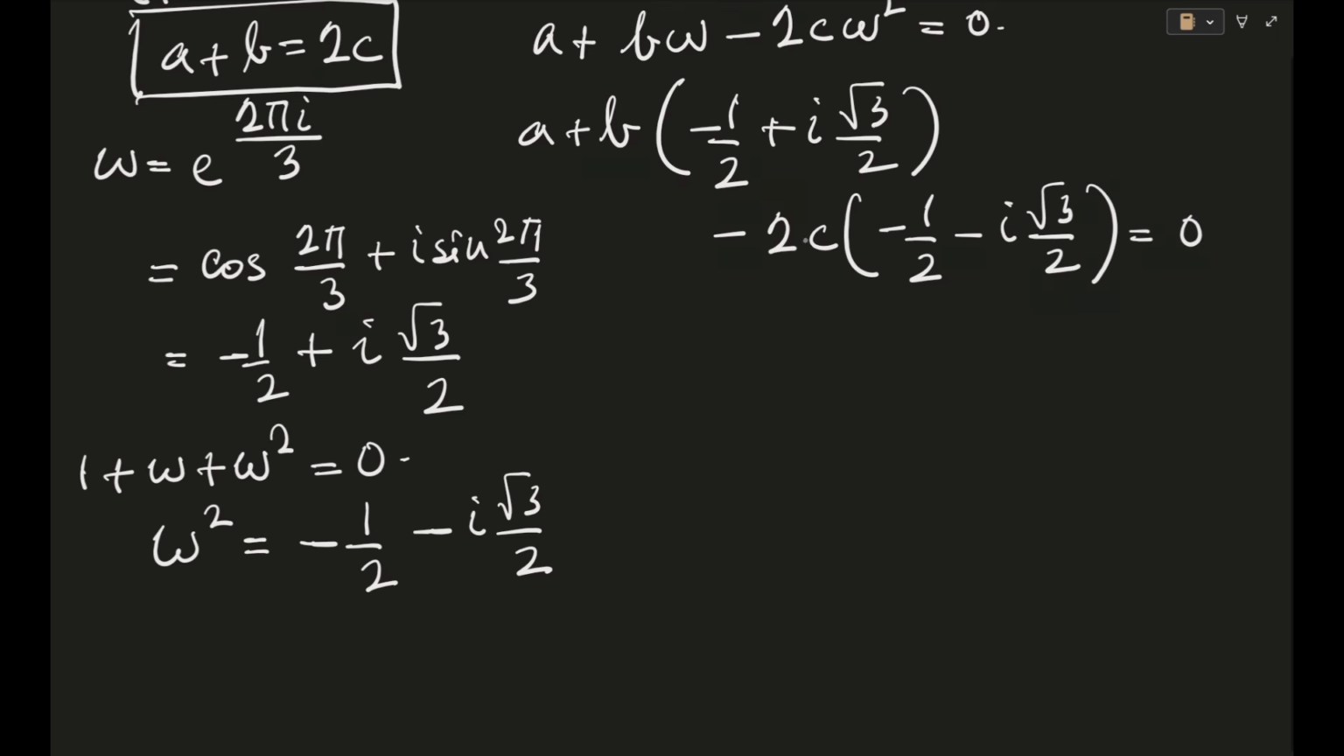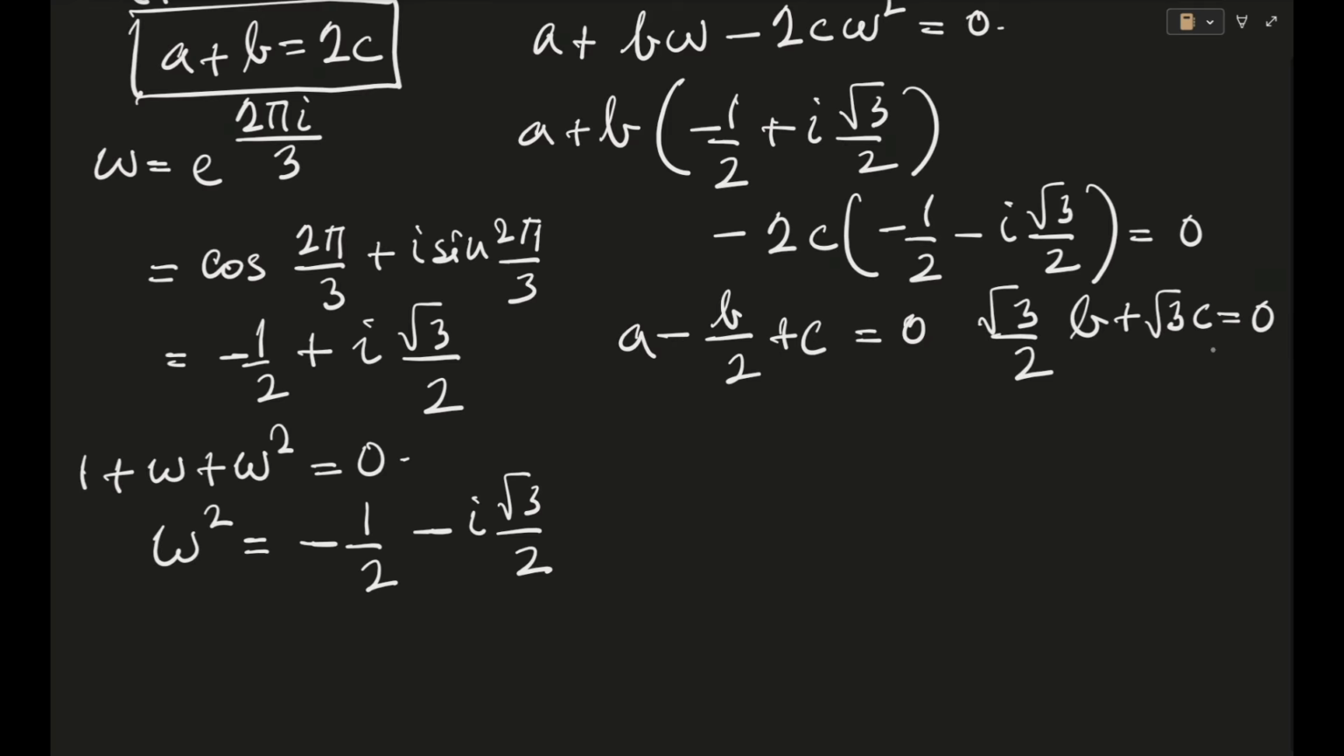From here, if you segregate the real and the imaginary parts, you will get one equation as a minus b by 2 plus c equal to 0. I guess this is for the real one, and the other equation will be root 3 by 2 b plus root 3 c equal to 0. Just take the imaginary and real parts into separate brackets and it's done. So from here you will get b equal to 2 times a plus c. So if b is equal to 2 times a plus c, from this particular relation here, if we put b as equal to minus 2c,